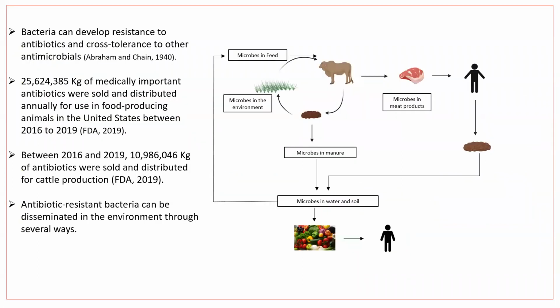When we talk about antimicrobial resistance, it's not really a surprise that it's a big issue today, because we look at the amount of antimicrobials that are used in the food chain. One thing we know for certain is that bacteria can develop resistance to antibiotics. Some studies have also shown that when they develop resistance to one class of antibiotic, they can become resistant to other classes, especially if the mechanism is similar, which I'm going to touch on a little bit.